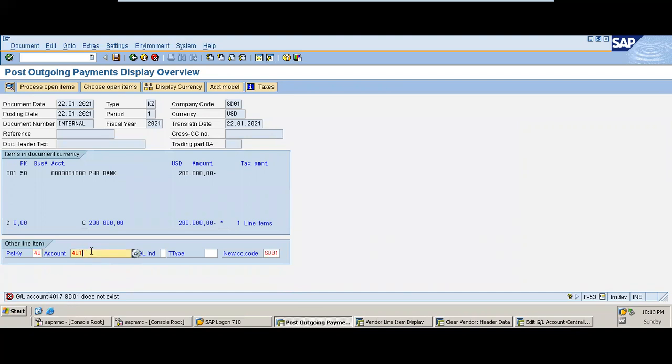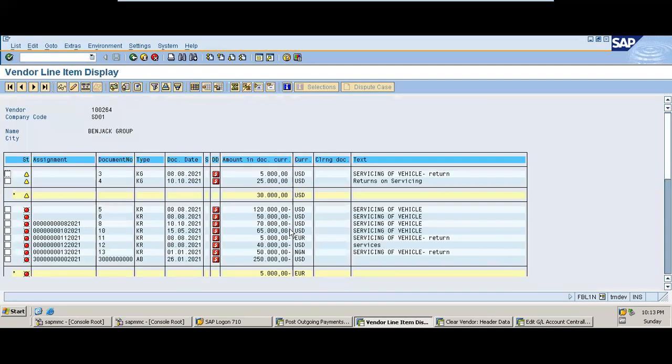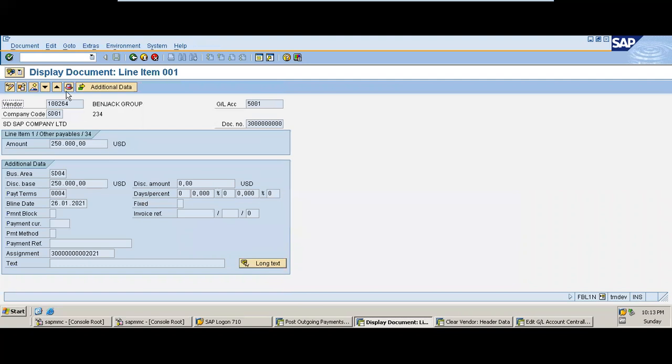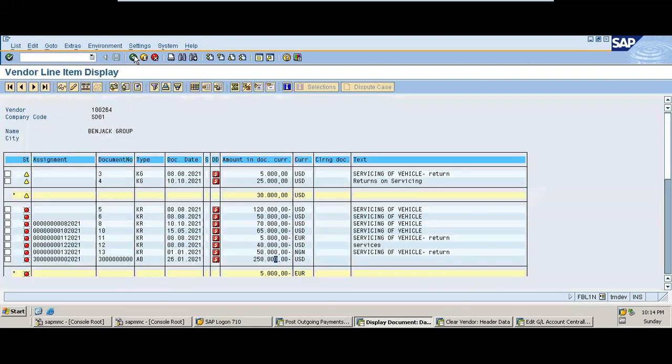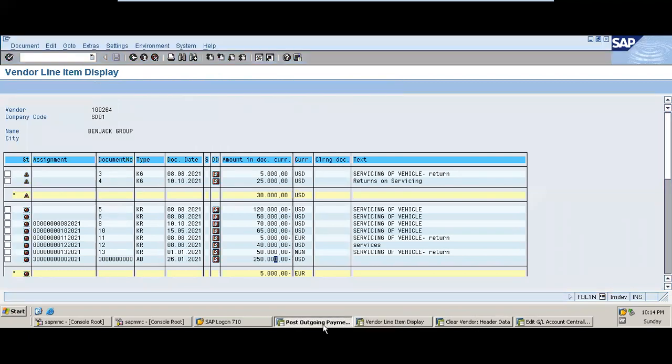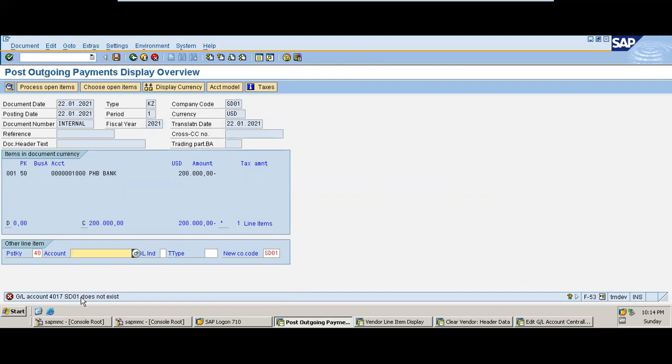Oh, okay, so I guess the account does not exist. Okay, so this is debit bank. Let me check the line item. Okay, see what's there. Oh, I see, it's the vendor account. So we have an issue with the GL. So we're crediting bank and debiting, of course, this was an expense. So let's check for the expense that